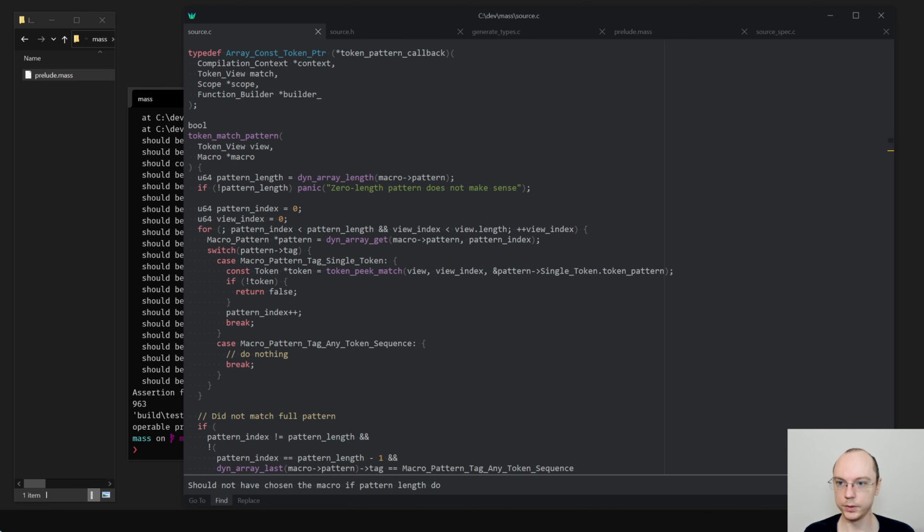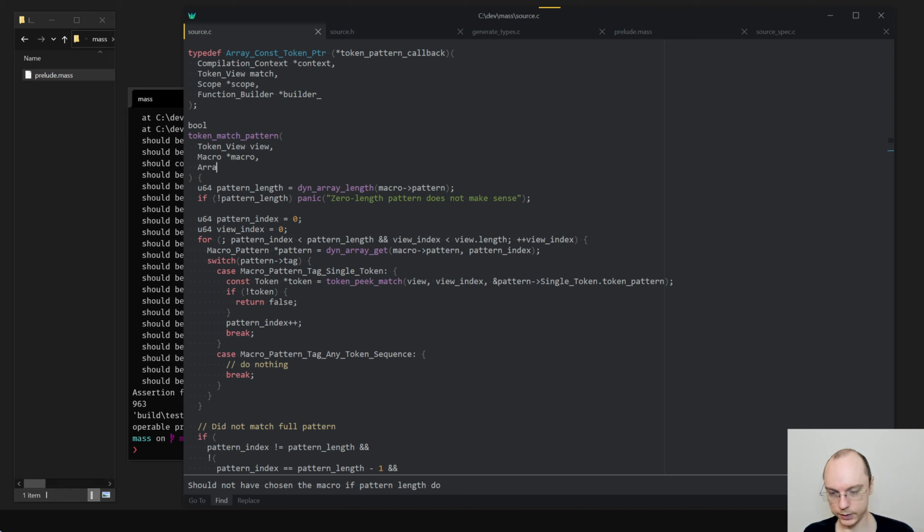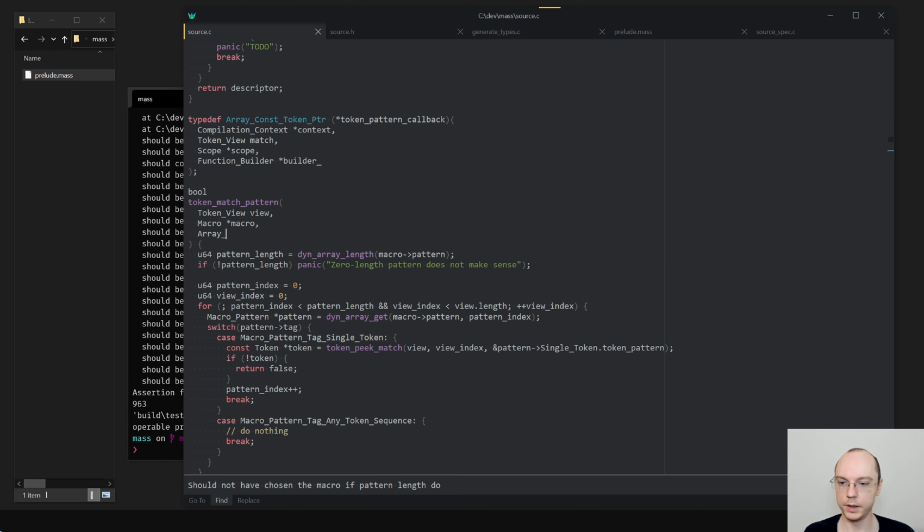is we need to change the API of this, where this would accept array, array const token, or how do I want to do it? I guess it is something like this.